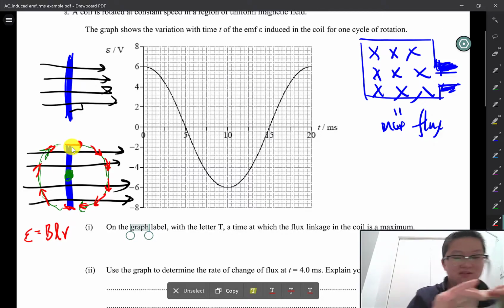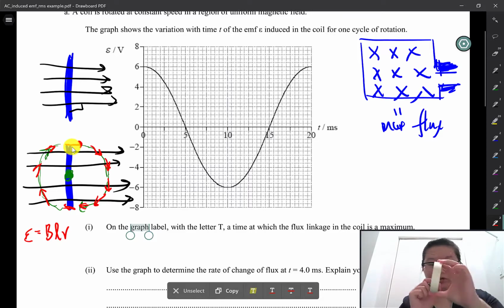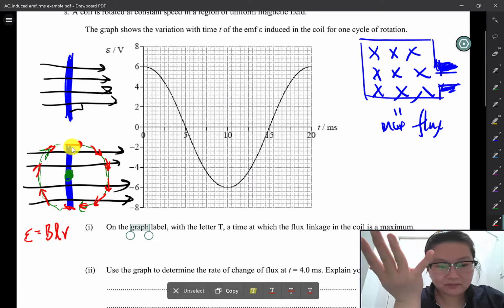I tried to compress this roll of tape, but I can't. So you're looking at this tape like this, okay? Looking at the side. And imagine the field lines are going through it. So actually, it'd be this way for you if you're looking at it from a mirror side of the image. Imagine it is rotating this way, which means this part of the coil is cutting through the lines and is going down. So if you work out the velocity of those charges using your right hand rule,